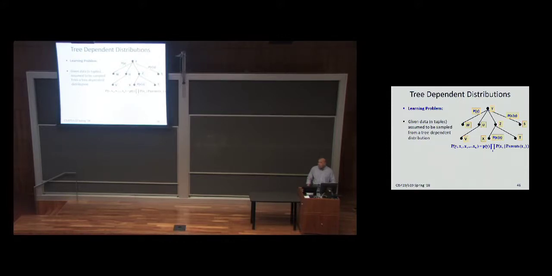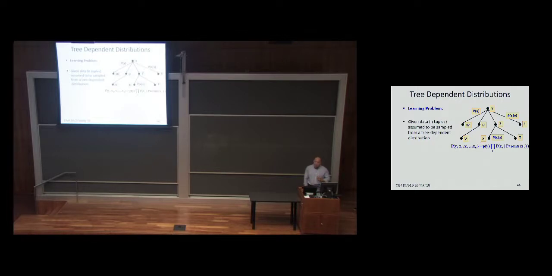Here is one way to think about the learning problem. I'm going to give you data, n tuples, where n is the number of variables in this tree. Assume that these n tuples were sampled from this probability distribution. And the question is,